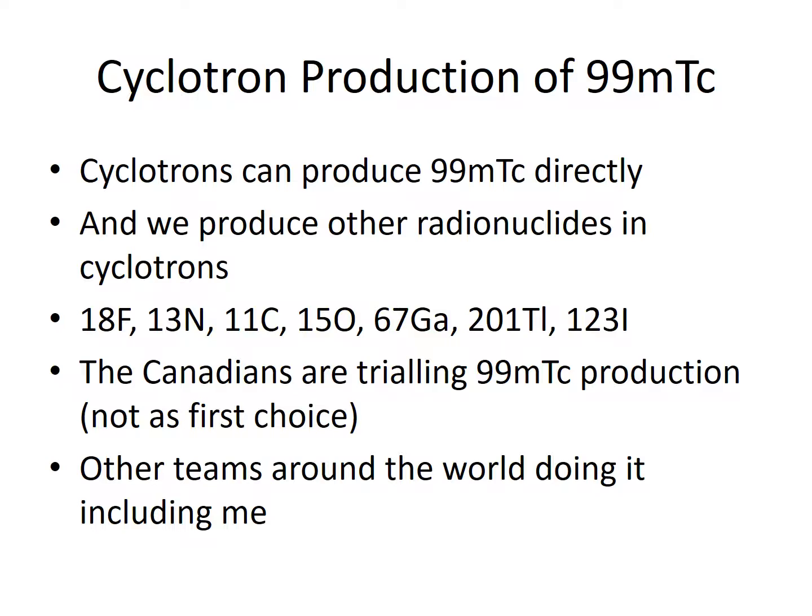So the Canadians in British Columbia are trialling whether they can produce technetium-99m in a cyclotron. Now, it's really important to point out that, contrary to some political and social discussion, the Canadians have not done this as their first choice. The Canadians' first choice was to replace their aging old nuclear reactors with new nuclear reactors, and in fact they spent over $600 million producing 2 new nuclear reactors. And those became critical,